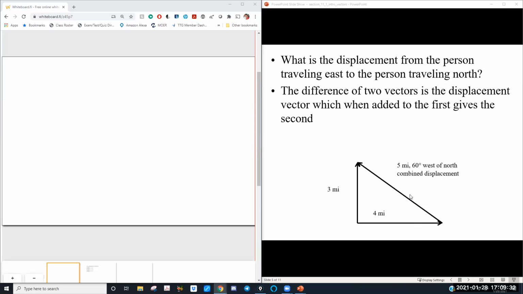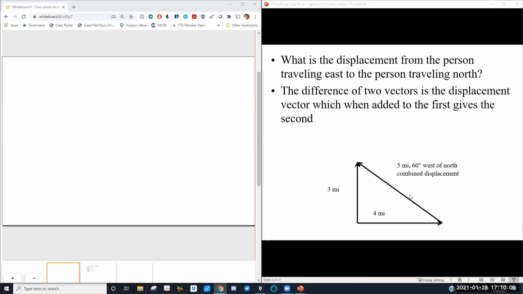This would be the difference between two vectors. And just like with subtraction of numbers, the order matters. 5 minus 2 is 3. 2 minus 5 is -3. They have the same magnitude. They're both 3 units from 0, but in different directions. The same thing happens with vectors. It's one of the really nice things about vectors. Once you're used to them, they're very, very easy to work with.